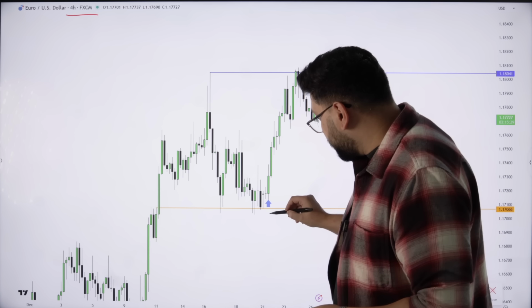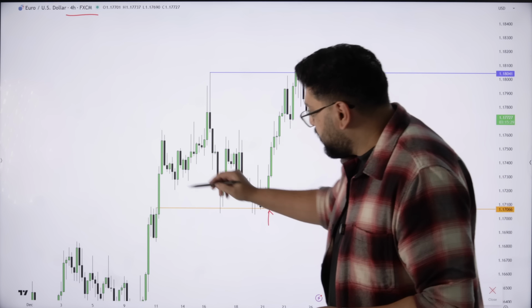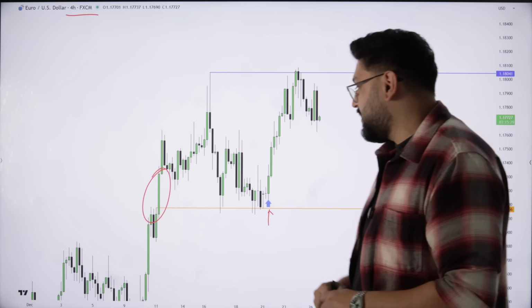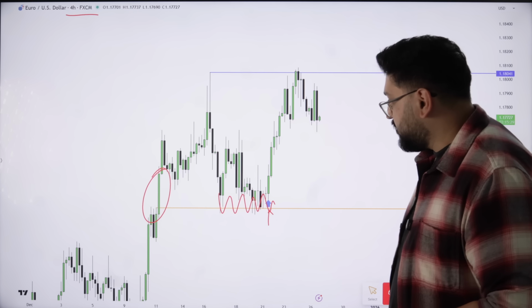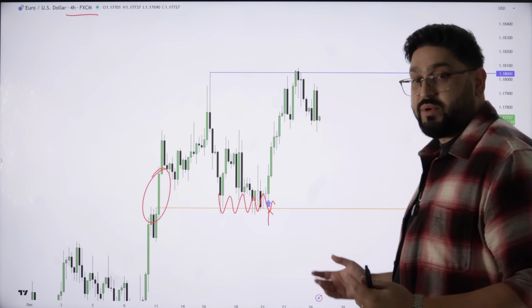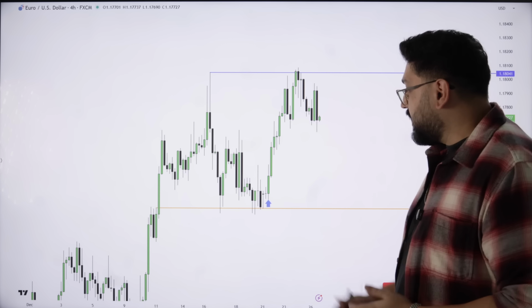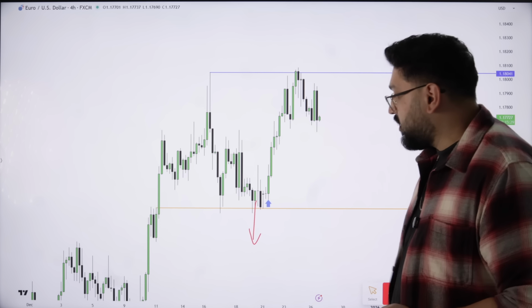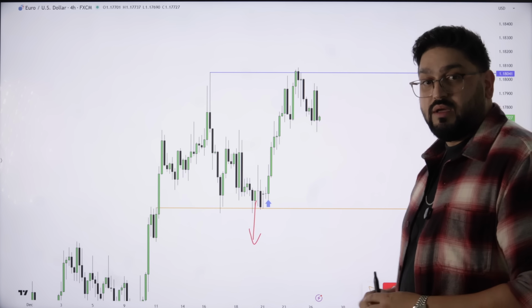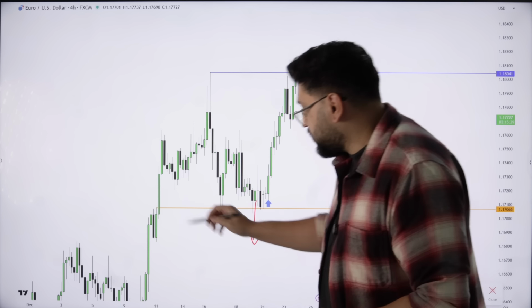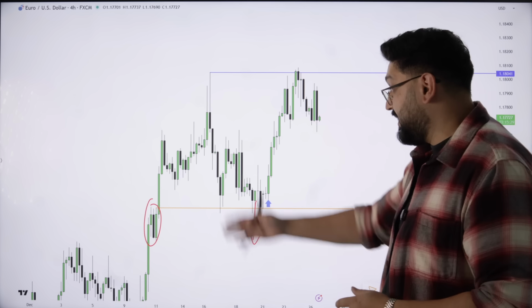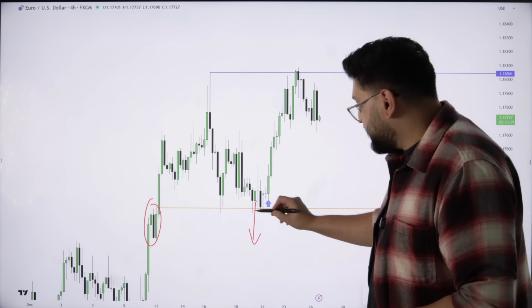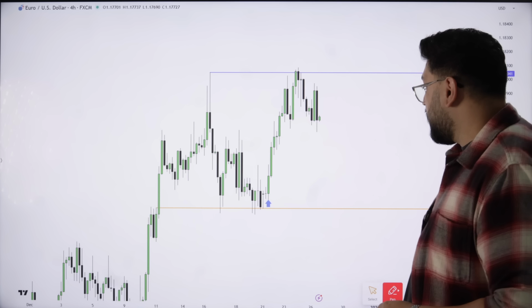Because prior to this low, we had this buy side imbalance, and we had seen all of this price action at that discount low of the buy side imbalance, right? What was happening? None of the bodies were closing below that buy side imbalance. We also have this last down close candle before that impulsive move higher, leaving the buy side imbalance. And we're seeing how we're finding support here also.